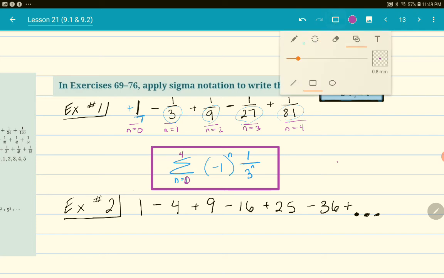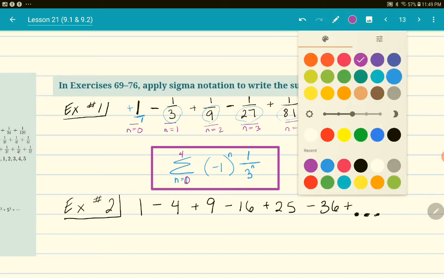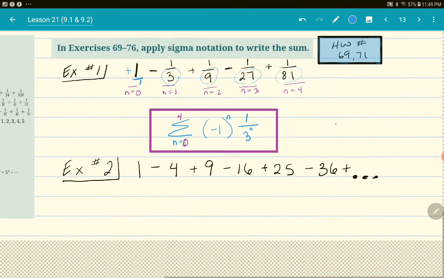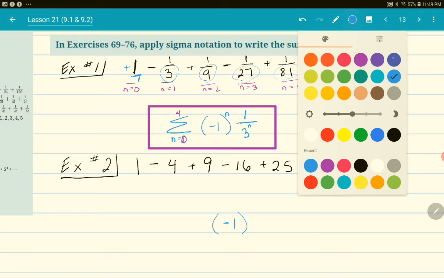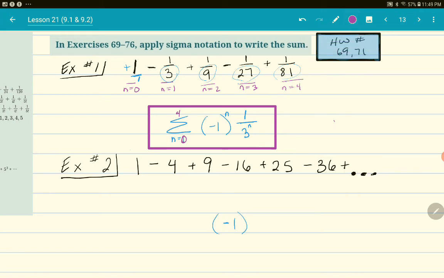Okay, now to the next one. For example 2, I again see I have an alternating plus, minus, so I know I'm going to need a negative 1. This time I think I'm going to find my n's before I make my sigma, because, as you saw before, I had to change my n's. So let's see. If I plug in 1